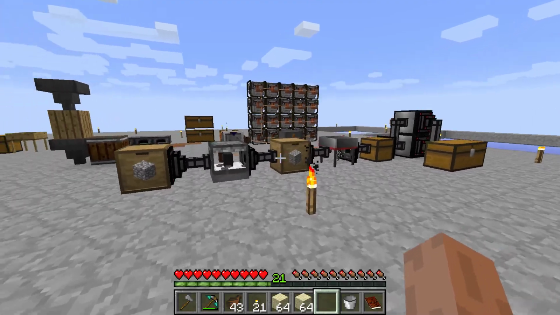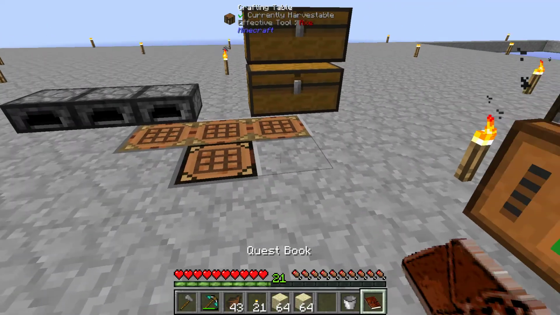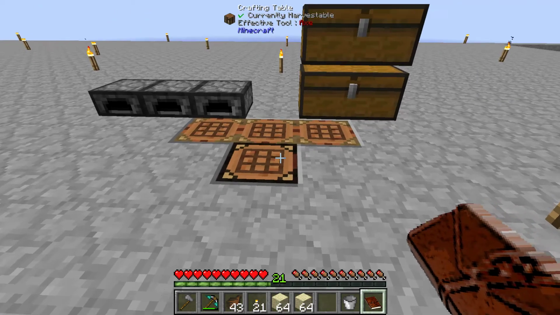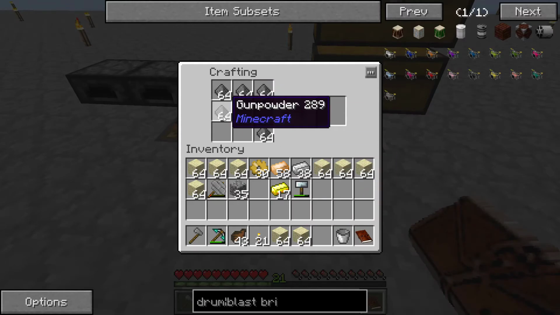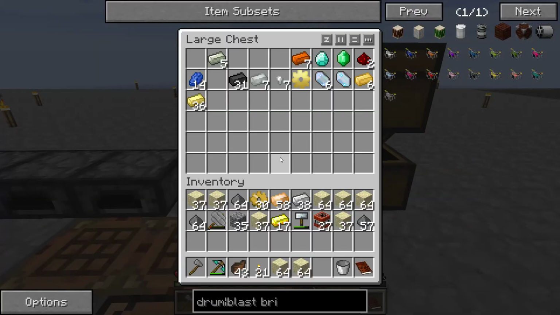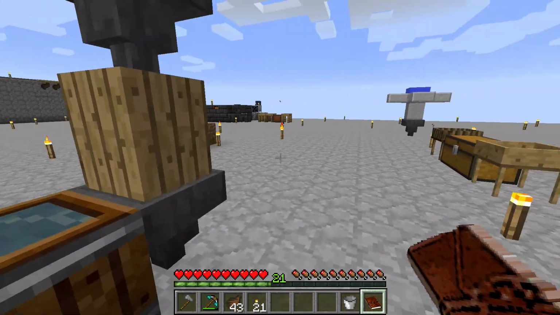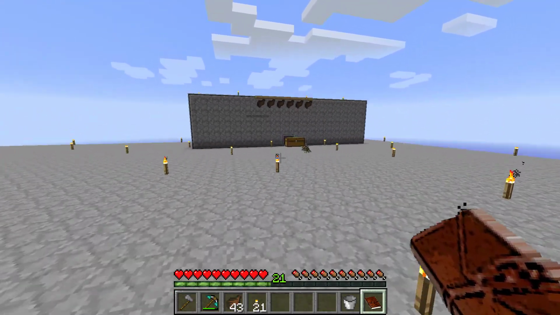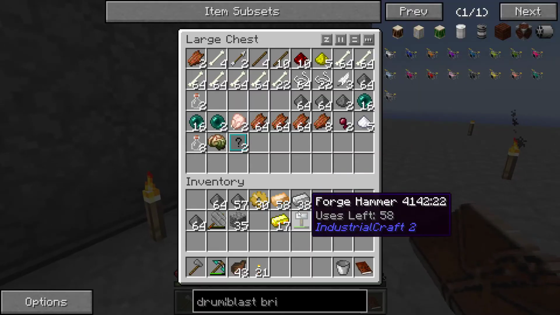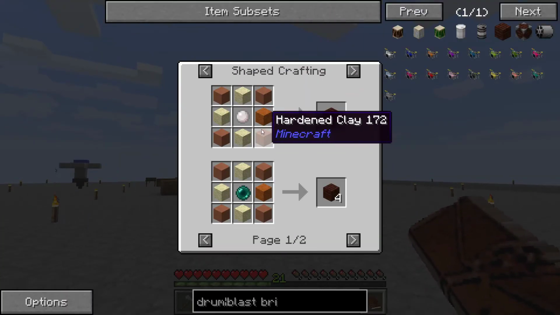Alright, so this is done. Now we will... I don't need a stack of TNT. That's something I didn't even think about. What we're going to do is look again at how many we need. 27. Oops, 27. Okay. I don't want to keep all this stuff on me. We'll put this back. I don't think arrows have any uses. The bow and arrow is basically pointless. So